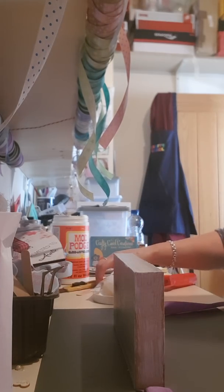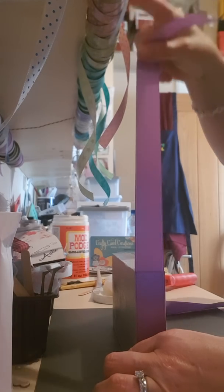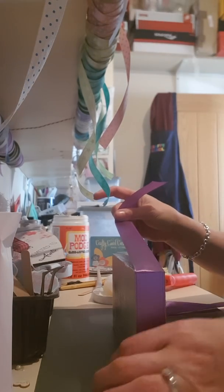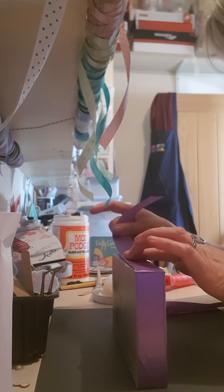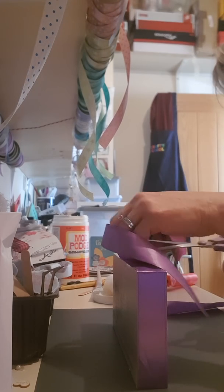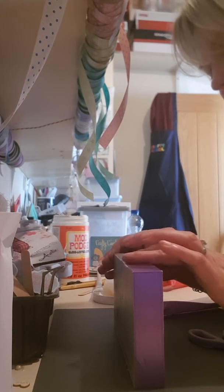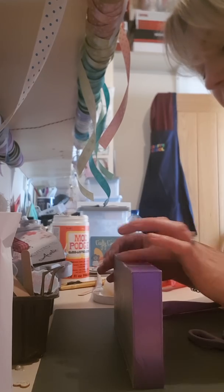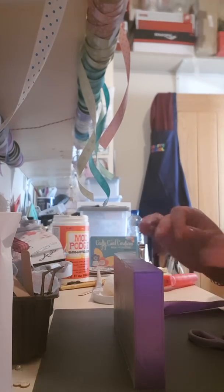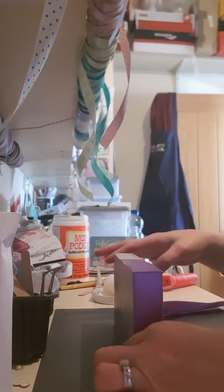That's it now, ready. So what we really want to do here, if you can just see, is pull that up as tight as you can and bring it over halfway to the top. Whenever you've brought it over halfway to the top, you just get your scissors and we cut it. Okay, just make sure it's lined up at the edges. And don't worry about those wee bits of Mod Podge that you can see, because that'll all dry